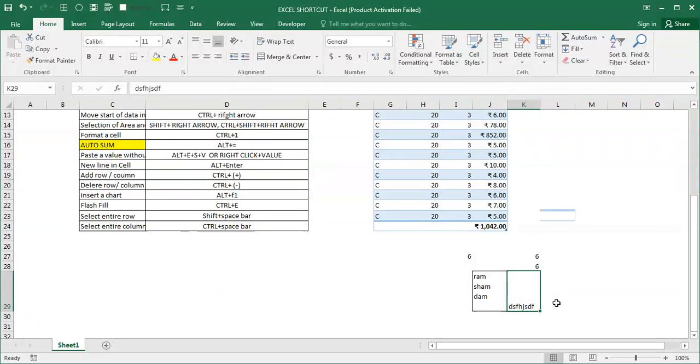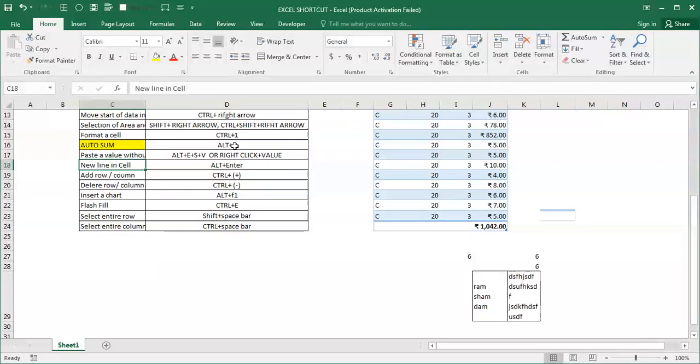But if you want to add inside that particular cell, you have to press Alt Enter. Come to the end of that cell, press Alt Enter, and we can add like that. In this way you can add multiple comments, multiple items in a cell.